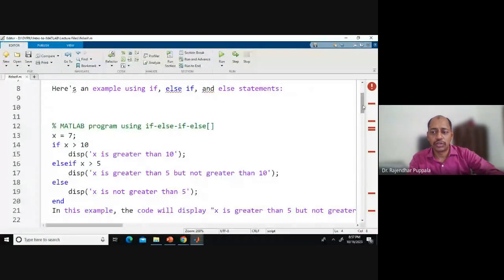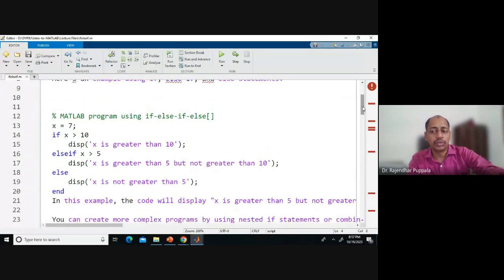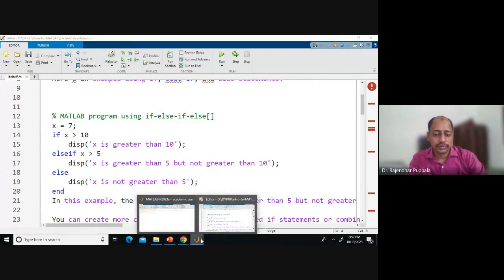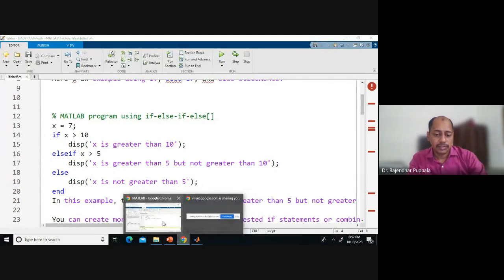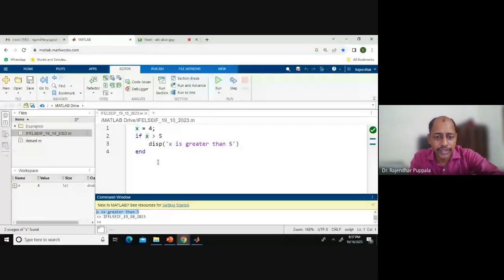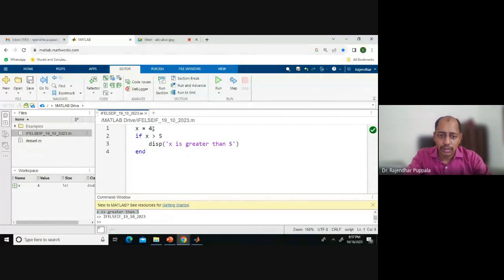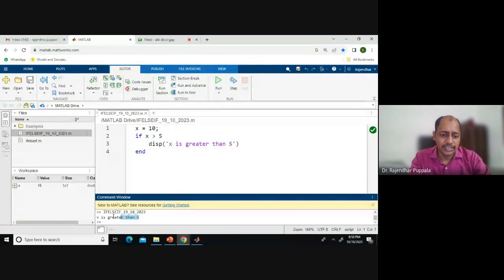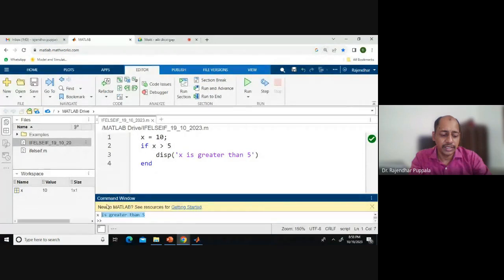See the second code now. Sir, now it's executed, right? This is the very first program. It is executed. It is showing x is greater than 5 when you are giving a value of 10. x is greater than 5. Okay. Now,